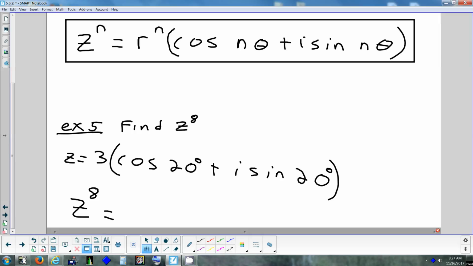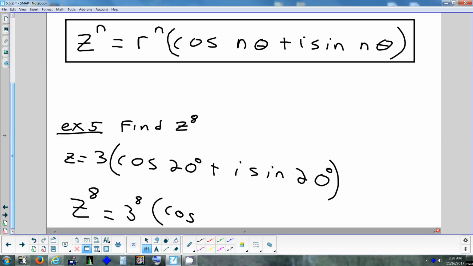All right, so can anybody tell me what I am going to do with the 3 to find my radius in the final answer? Right, raise it to the 8th power. Now, if that number gets really, really huge, we won't do it out. But 3 to the 8th, it's not that big. It's not like it's in the trillions. So we'll do that out in a second. So 3 to the 8th